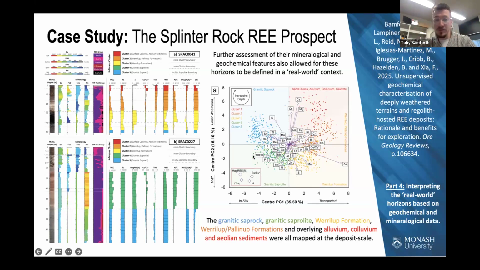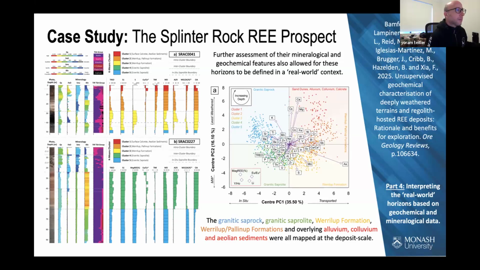They sit between this sort of granitic saprolite and the overlying regolith formation, slap bang in the middle. So there may be some variation. I haven't looked, but in terms of how I can separate these to the greatest degree, that's where the beauty of the PCA comes in. You can look at that and go, yeah, okay, arsenic is just so massively enriched in the transported sediments relative to the in